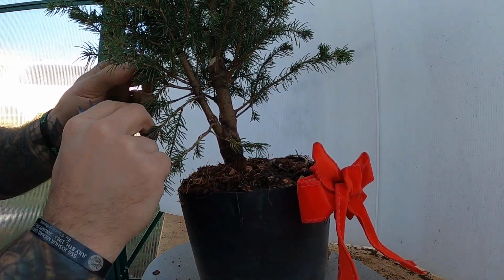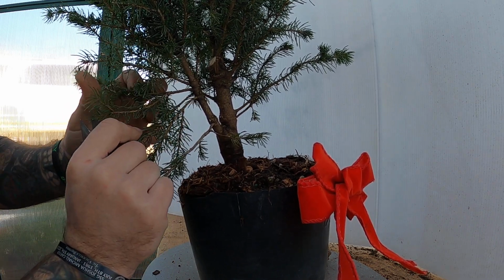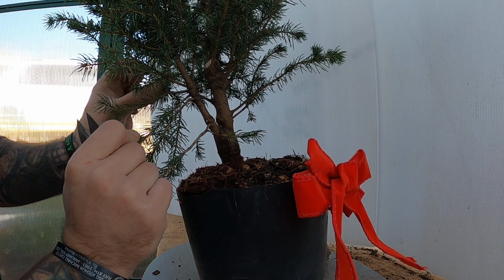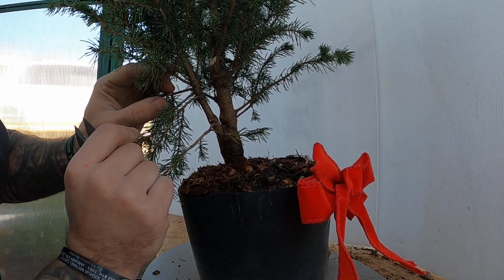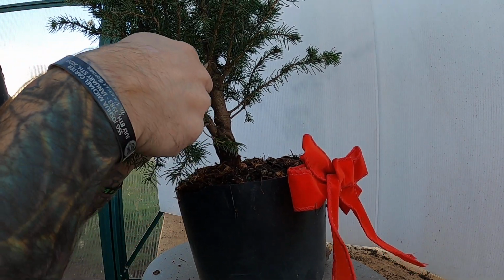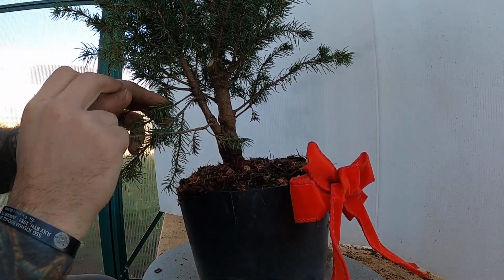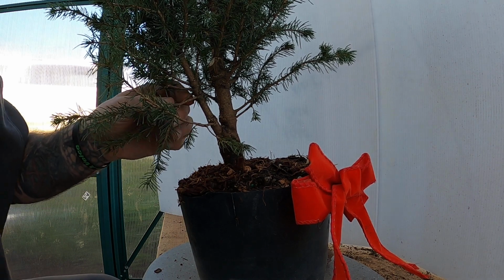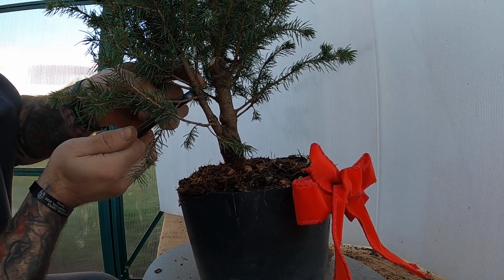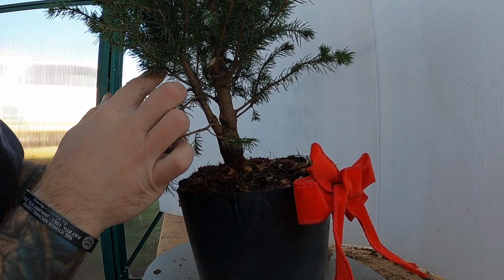So here's an awful example of what's going to be a problem here. This middle branch right here, I think I'm going to get rid of. This one, I'm going to work its way towards the back to give it some good dimension in the back. And then this one, I may end up working out towards the front. So I'm going to get rid of this little branch right above it here. That's gone. And then I need to get rid of this branch right here. Okay. So if I bring that one to the back and this one to the front,